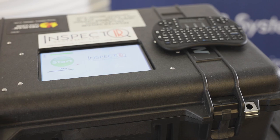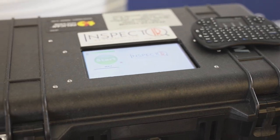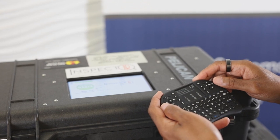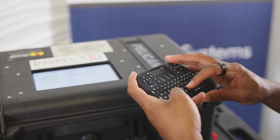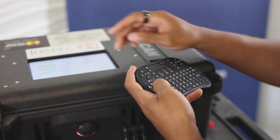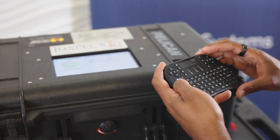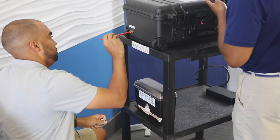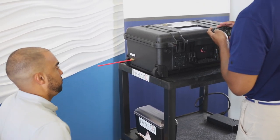There's a wireless keyboard that also minimizes contact between the administrator and the unit itself. The administrator uses the same keyboard to input the subject's unique identifier. Once the information has been entered, the administrator presses the OK button and the system is ready to accept exhaled breath. The subject or administrator can unwrap and insert a single-use sanitary straw that will be used to provide a